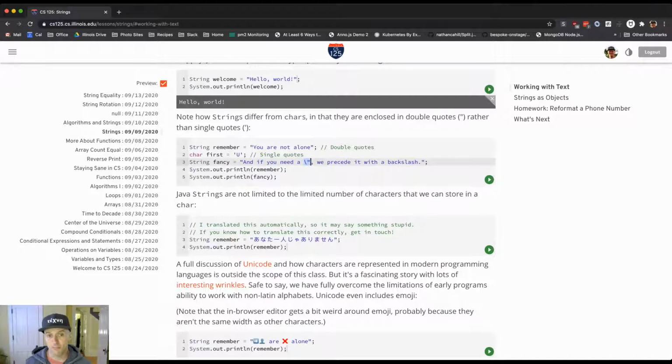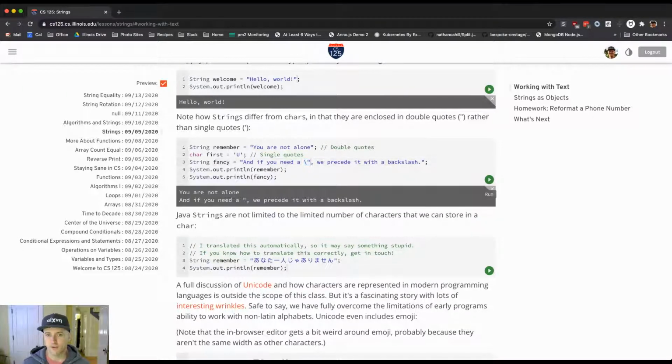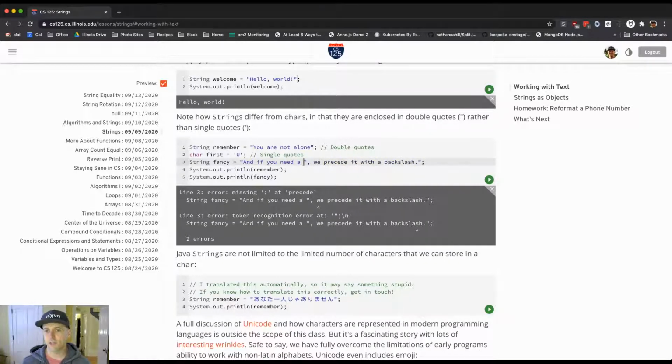So I precede it with a backslash, and then what you'll see is that it appears in the string as a double quote. It doesn't end the string. If I don't do this, Java interprets it as the end of a string, and then I have a syntax error because I've got this stuff hanging out over here that Java can't make sense of, right? But if I escape it with a backslash,